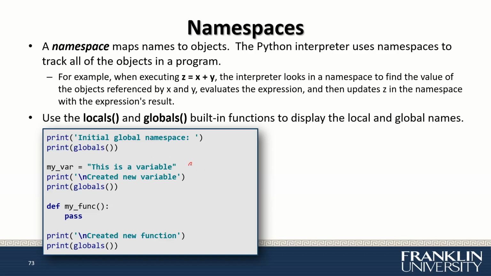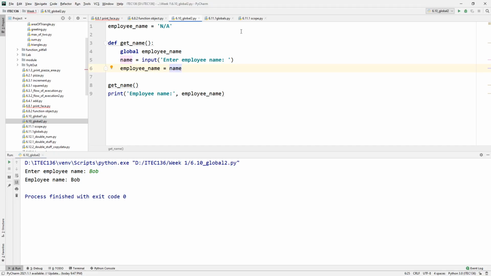this is a global variable because I declare it outside the function, and I create a myfunc. So this is a function. So I have function variables, and then I can show you all the global variables before and after. So if I run this in PyCharm or in Python,